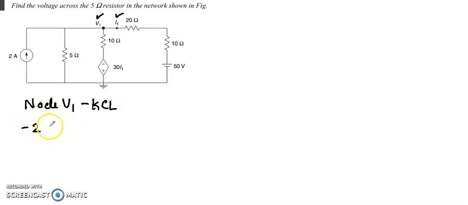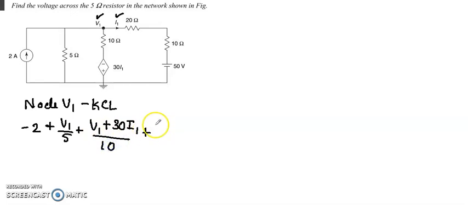Minus 2, that is the current is flowing into the node V1, therefore we are taking it as minus. And in all other branches we are considering the current is moving out of the junction, therefore we can take it as positive. Therefore plus V1 by 5 plus V1 minus 30 I1. Therefore, we can write it as V1 plus 30 I1 by 10 plus, coming to the next branch, V1 minus 50 by